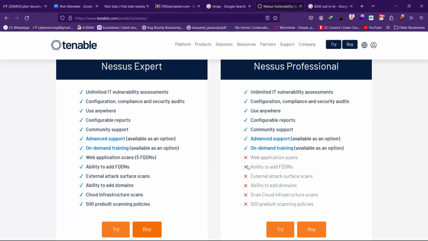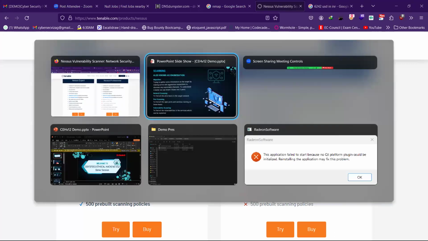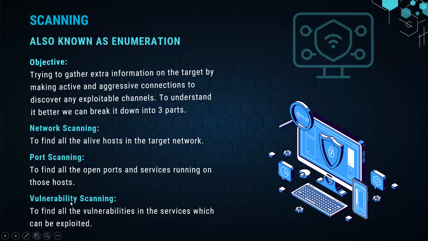But again, you cannot depend solely on a tool. Once this tool gives you an automated report, on that report you perform manual pen testing. You perform the manual attacking part. That comes in the upcoming phase called gaining access. Again, guys, it might seem a bit complex now, but as mentioned, you're trying to get some extra information from the devices directly. If I have to elaborate on this with an example, let's take the example